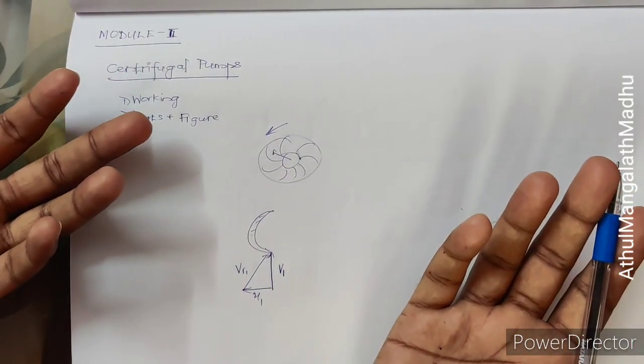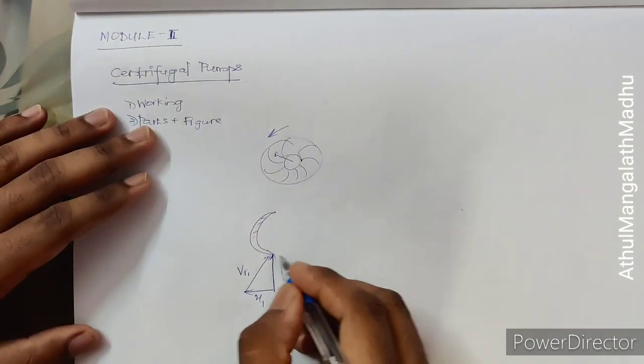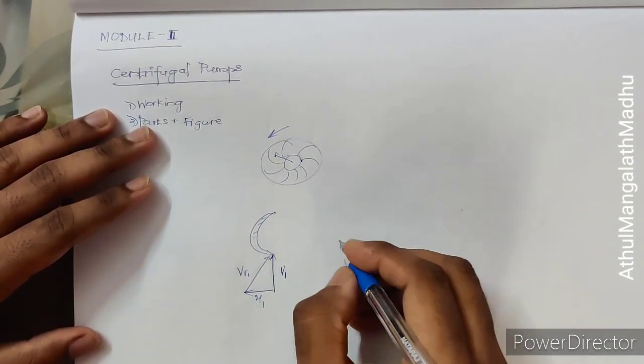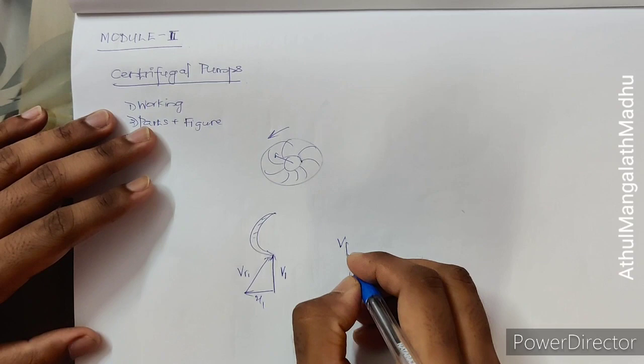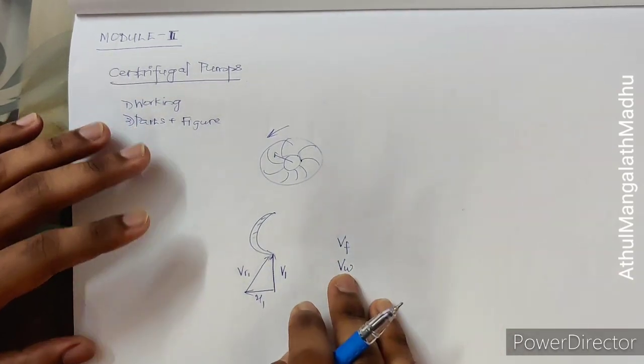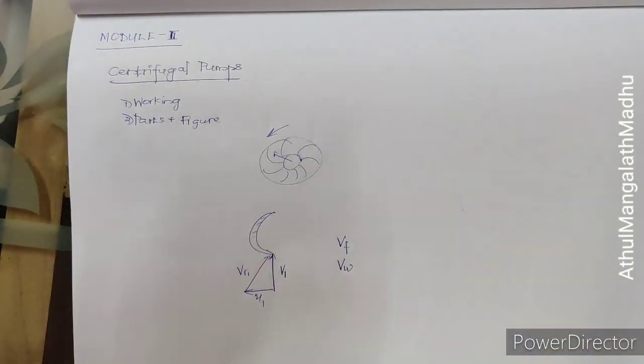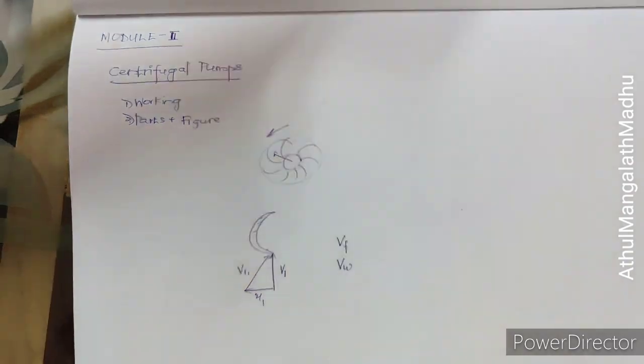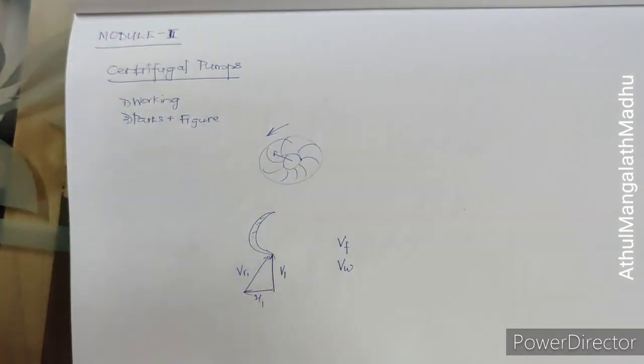And you will always be resolving the absolute velocity. The absolute velocity is resolved into a vertical component called the flow velocity and a horizontal component called the whirl velocity. I think you might have understood this by doing all these numericals, how you classify it, and the equations. You have to know the equation to find the discharge.